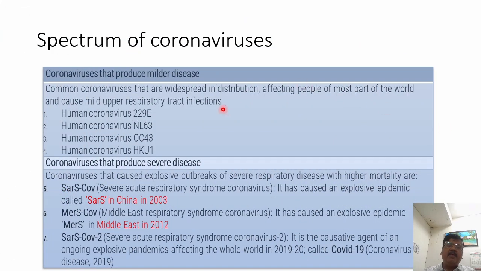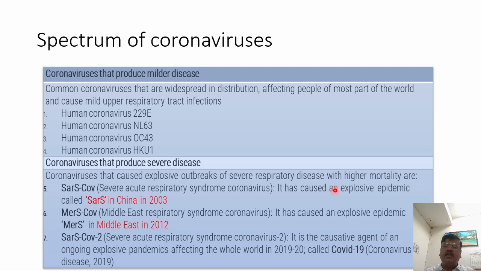Many coronaviruses cause disease. Coronaviruses causing the mild form of disease are 229E, NL63, OC43 and HKU1. These coronaviruses produce mild disease. Then there are coronaviruses that could cause explosive outbreaks of severe respiratory disease with higher mortality, for example,